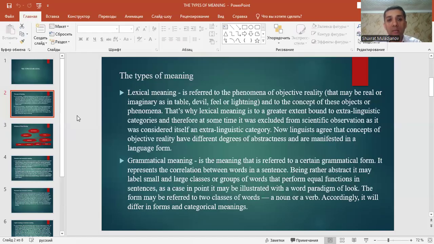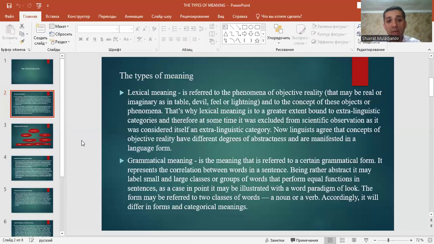So when we name any kind of word, we consider its lexical point of view. For example, the table is a classroom belonging. Pen is a writing instrument. Books and magazines are reading objects, and so on. So basically, lexical meaning involves the direct meaning of the words and the utterances.